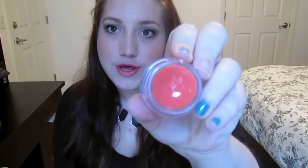Next is a lip product, and it is the MAC Tendertone in the color Purring, and it comes in a glass jar like this. And I don't know if a lot of you have heard about Tendertones a lot lately. MAC actually re-released a bunch of Tendertones a couple months back, and I bought this one, and I bought Hot and Saucy, or I think that's what it was called. This is what the Purring looks like, and it is a really pretty orangey coral color,